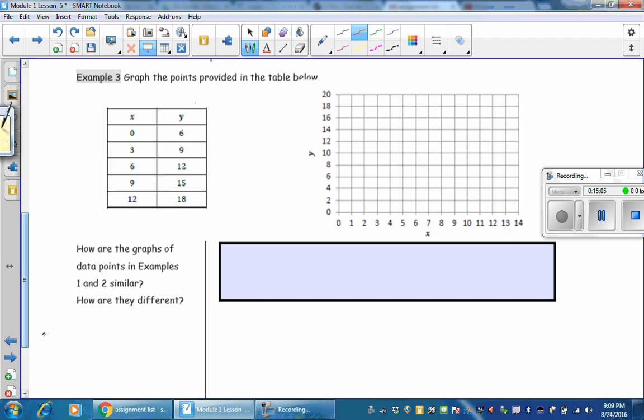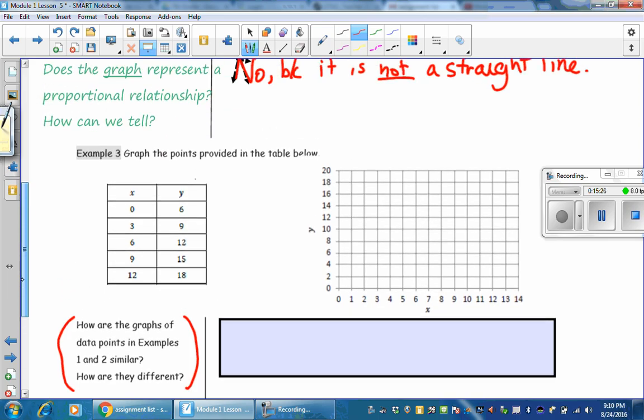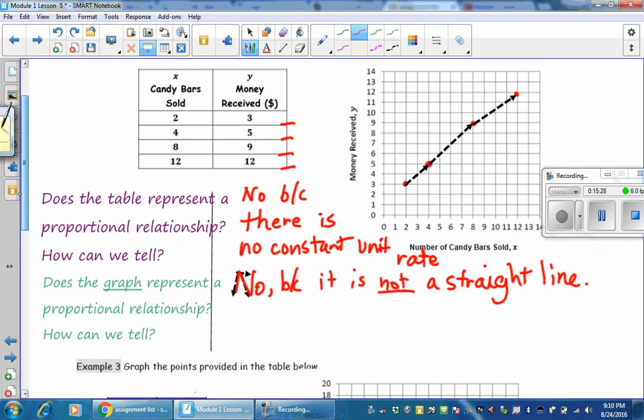In example 3, graph the points provided in the table below. And then, how are the graphs of the data points in example 1 and 2 similar, and how are they different? So first, let's just talk about this one. How are the graphs of the data points of example 1 and 2 similar, and how are they different? So the data points in example 1 and 2,